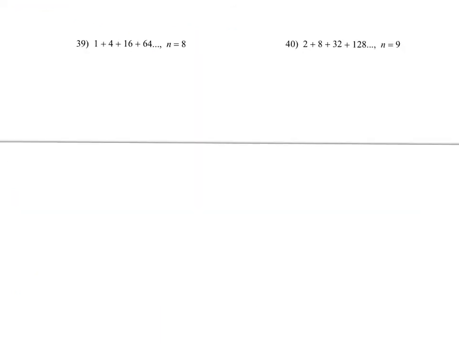All right, next up here. So you see n keeps getting bigger here. So this is where you might want to use the formula, but just so I can show you the other way as well, we'll go ahead and use the other one this time. So we see the pattern here is again times 4. So 64 times 4, then the next term, I'll just continue it up here. So plus 256, plus times 4